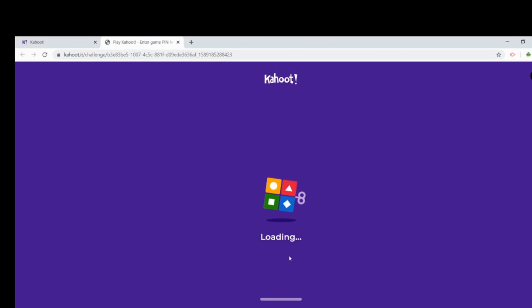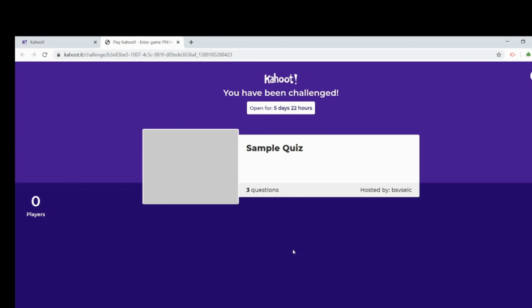Okay, this is loading. This is the web-based platform. It takes time depending on the internet connectivity. Once it's connected, okay, ready, gets.